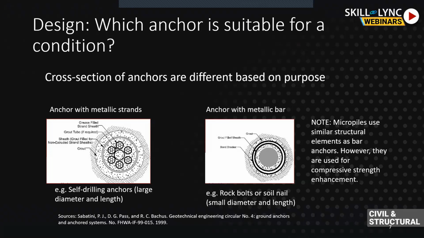If you go through the cross sections, there are two kinds. As I've told you, this metallic bar combination is generally for rock bolts. I'm sorry, I said it was not for rock bolts, but it was generally for rock bolts. Rock bolts are generally like a large nail. They drive them into the rock or soil, just like a hammer and a nail, but the scale is very large.